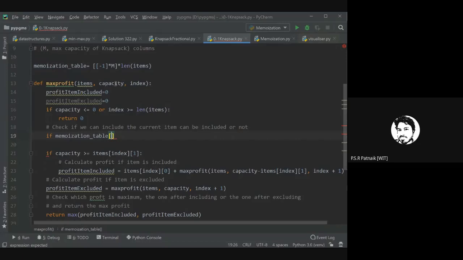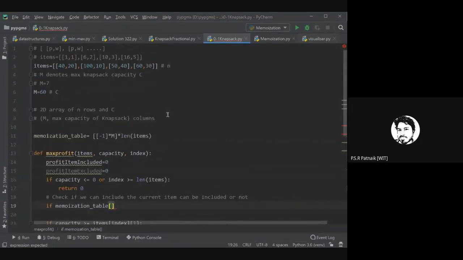So here I'm passing capacity and index. So how I'm creating it is n into capacity. If I create array of n into capacity, here I'm creating n into capacity. So here I'm getting capacity and index. So you have to pass capacity is my columns, index is n.